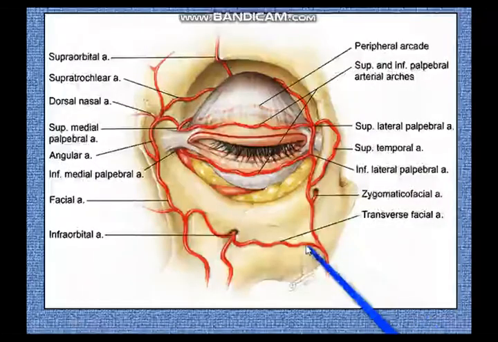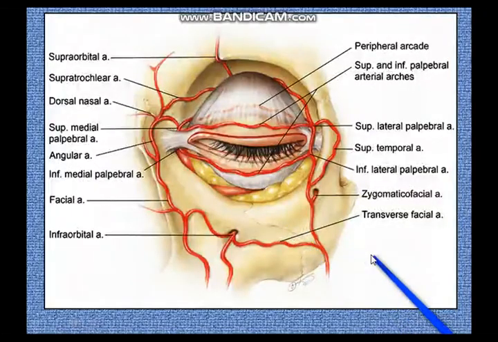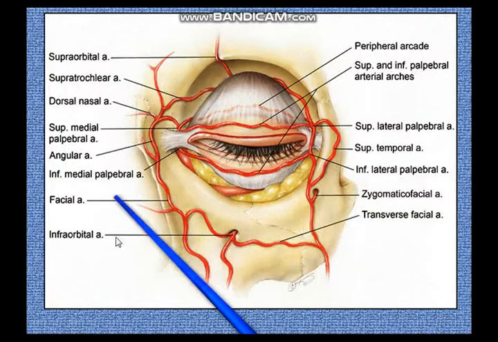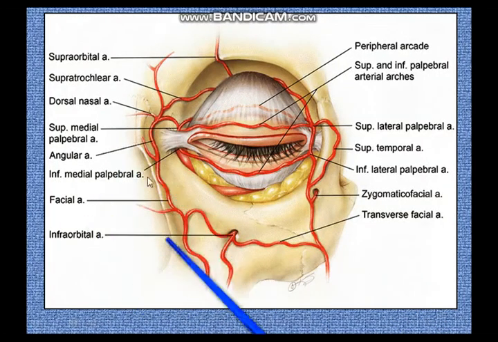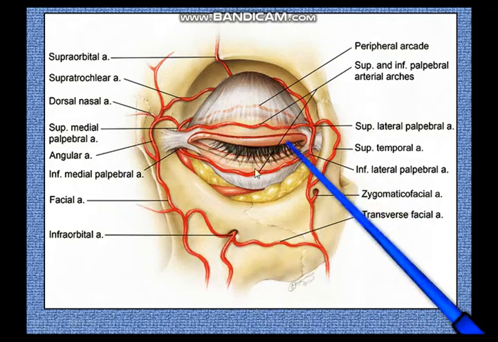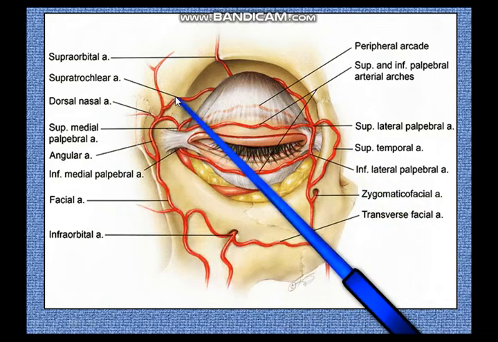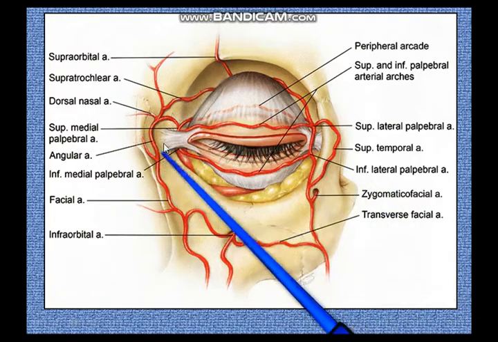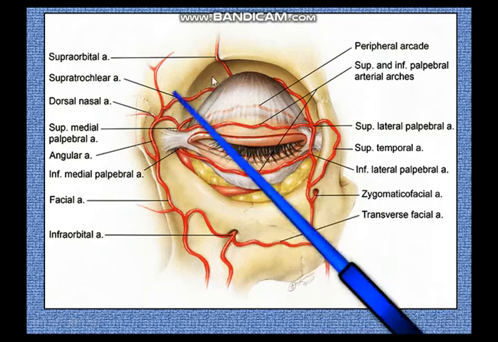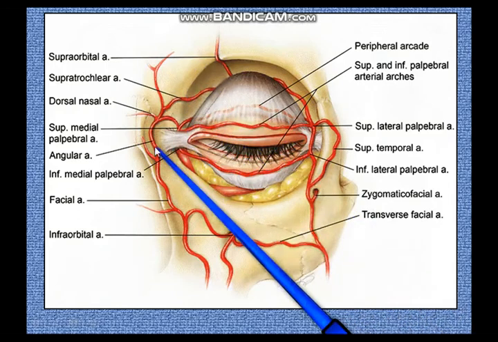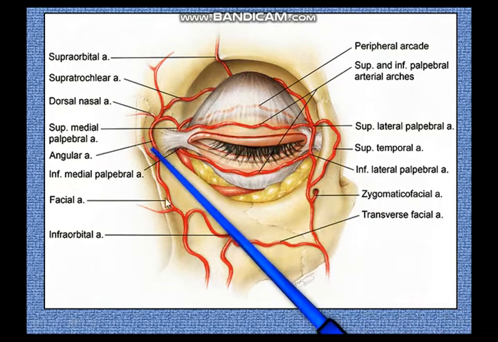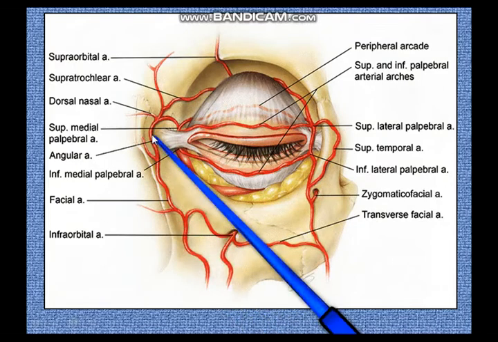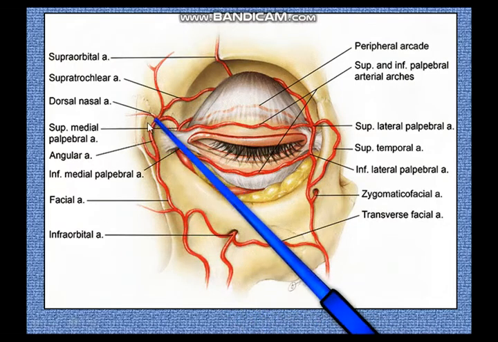Now this diagram is somewhat more colorful, but essentially the same. You have the nasal aperture over here. So this is the left eye, and medially again you can make out the supraorbital and supratrochlear arteries, and you can make out the palpebral branches arising medially from them. You can make out the angular artery, which is the termination of the facial artery, and the dorsal nasal artery, which is again one of the branches of the ophthalmic artery.